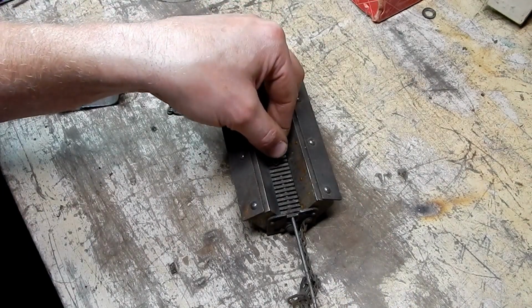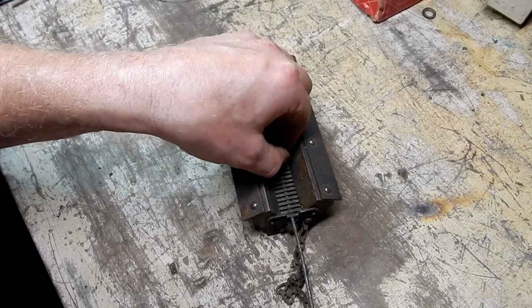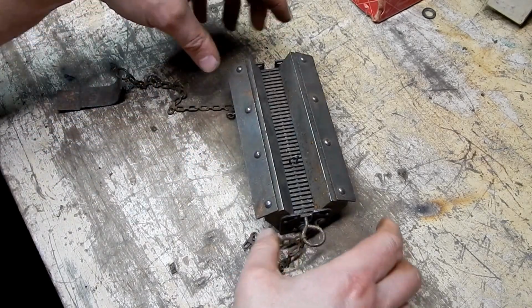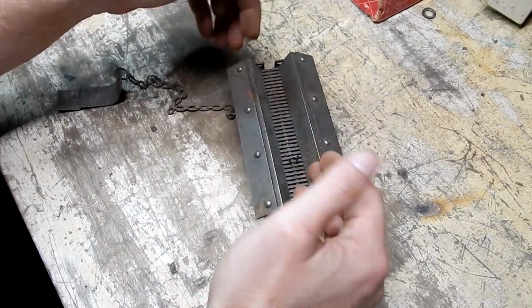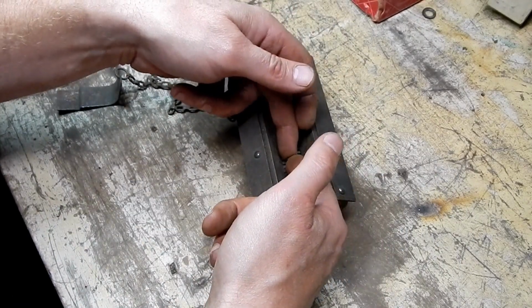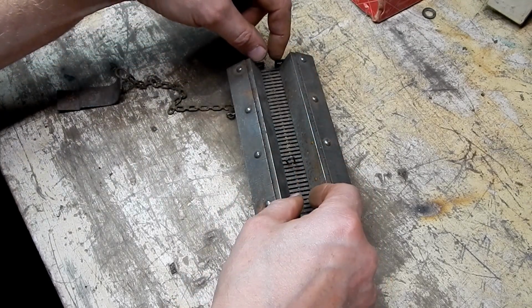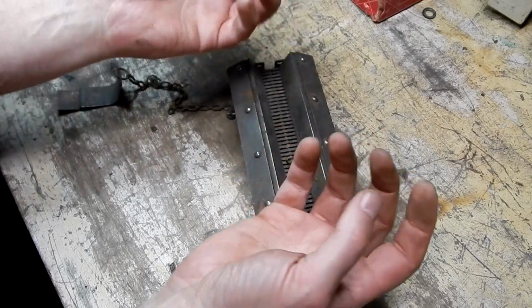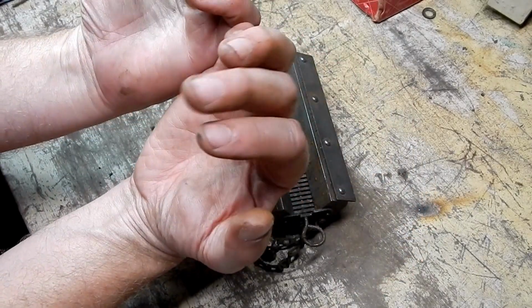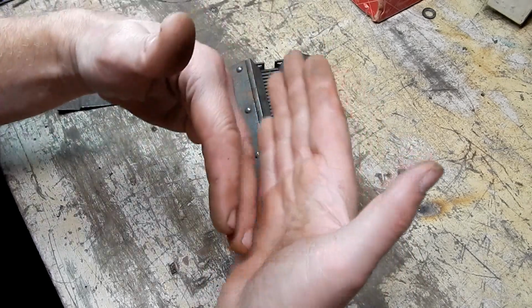So I'm actually going to keep this in here just in case somebody wants to see it. All right, the way these come is they come carded, and it sits down in here. It's like a metal bunch of fingers, and you cut your belt square